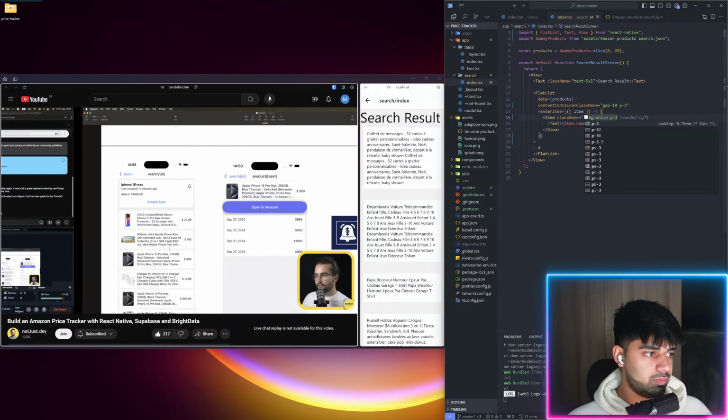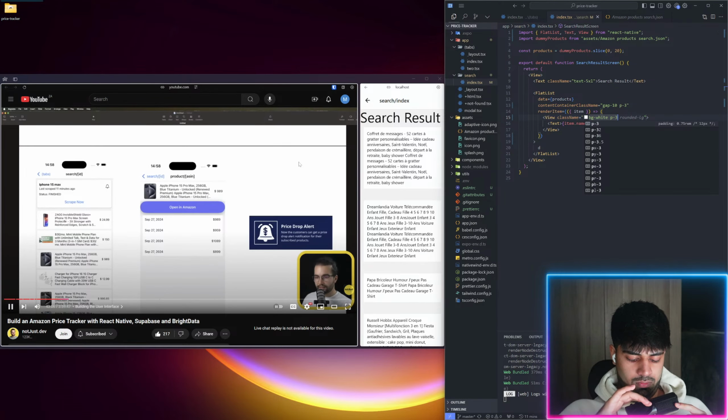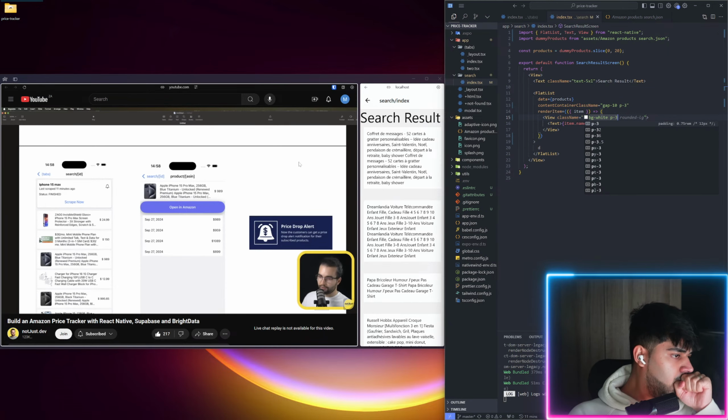Okay, what do we need to render on this screen? Well, we need the title in the center, on the left the image, and on the